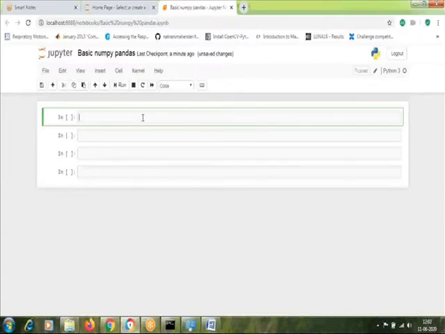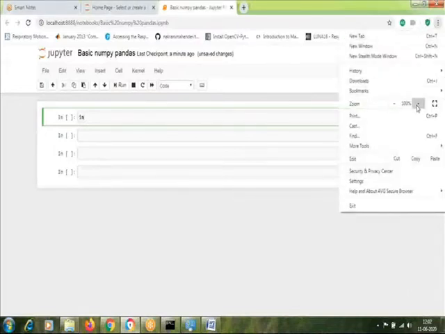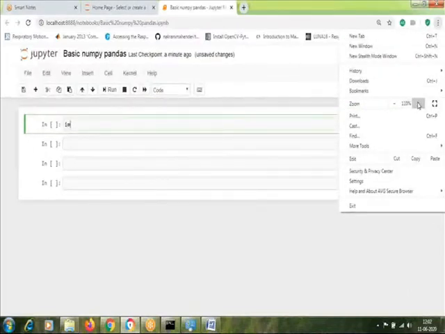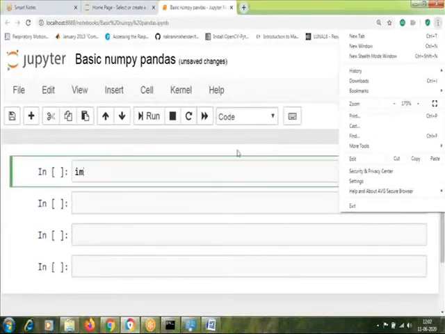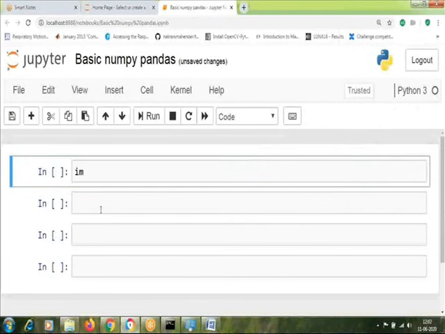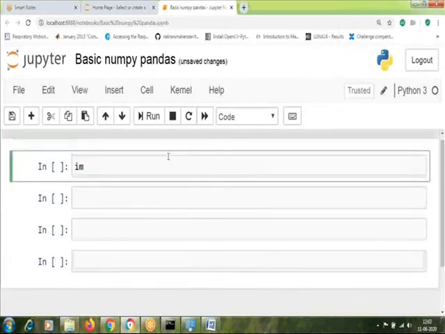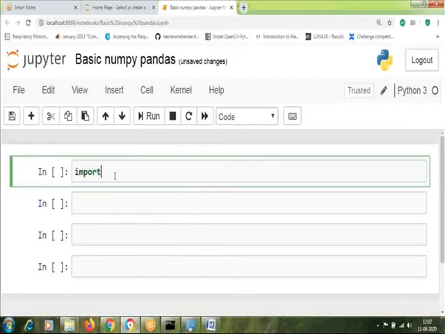I'm just going to enlarge this so that it becomes visible to everyone. Now I think it is visible. Here just type import numpy.